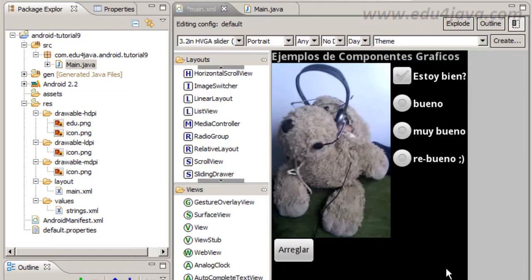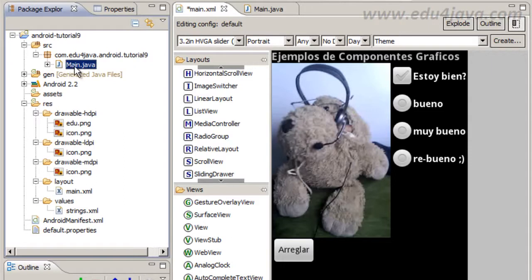We are going to see ImageView, CheckBox, RadioButton, RadioGroup, and the setVisibility method. Okay, let's start here. Android tutorial number 9 is the name of the project that I created. Main is the name that I use for the activity. Main XML is also the layout